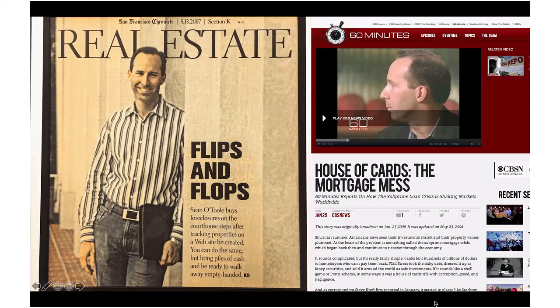Between 2001 and 2005, he did about 200 flips and foreclosure investments, and discovered that the real estate industry was really backwards and upside down when it came to working with data and accessing public records and making that useful for investors. He had a bunch of investments in the Stockton area, which was ground zero for the foreclosure crisis. So in late 2005, early 2006, he sold everything and cashed out, hunkered down in 2006, and wrote what became the first version of what he launched in early 2007.